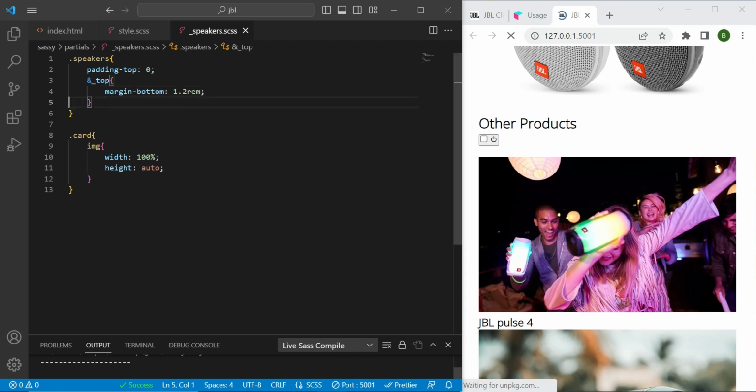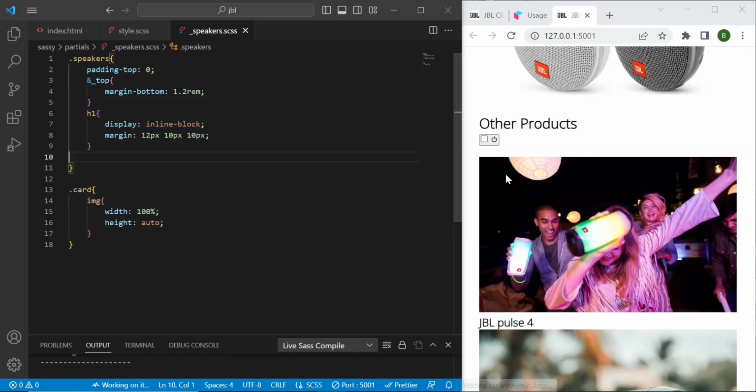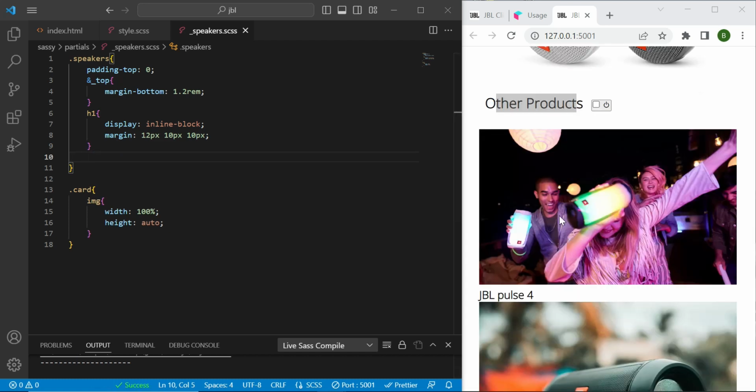Now I need to target the h1. The h1 for this is just a display inline block element. Why? Because I want to be side to side, the button and my h1. Okay, that's the reason, and to give it some margin as well. Now I'm going to create a neomorphism effect for my show